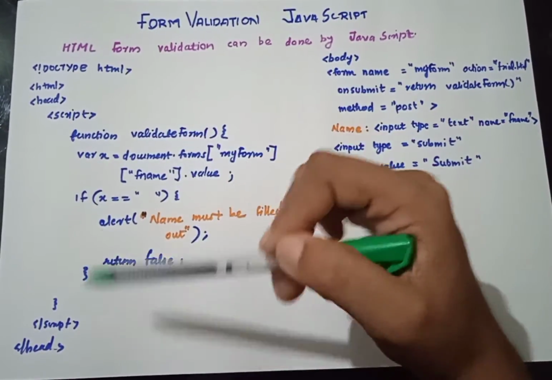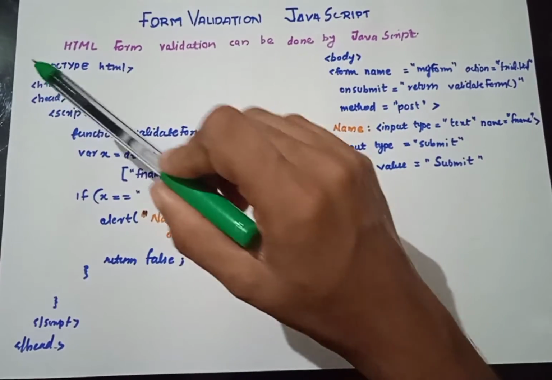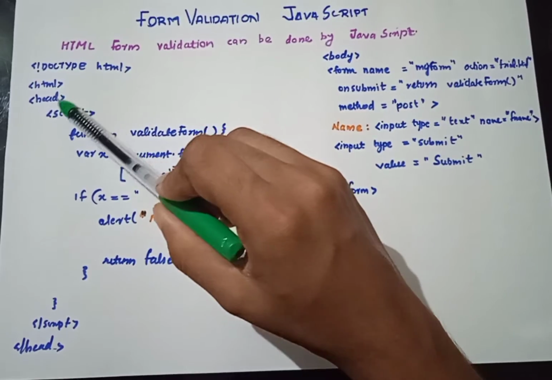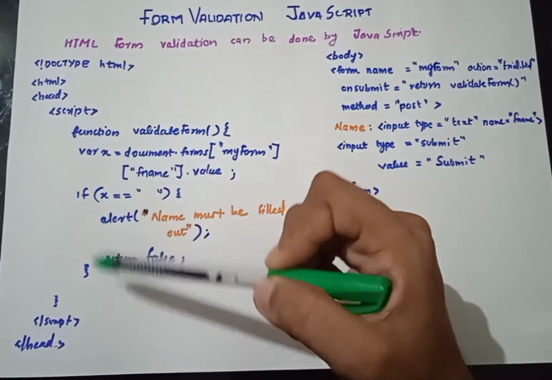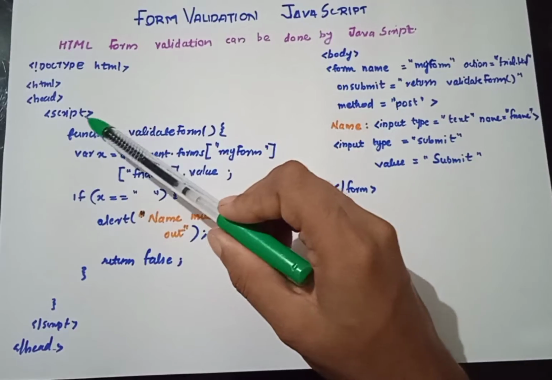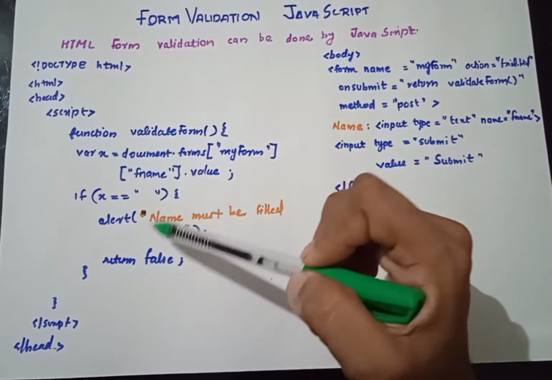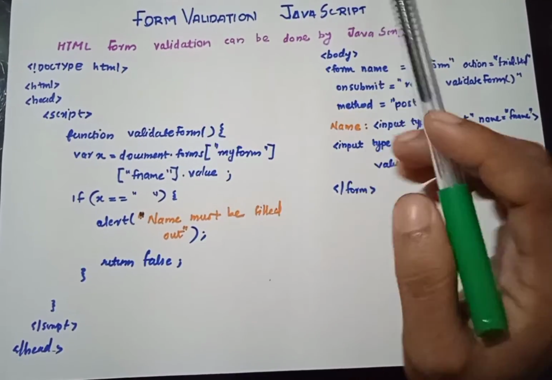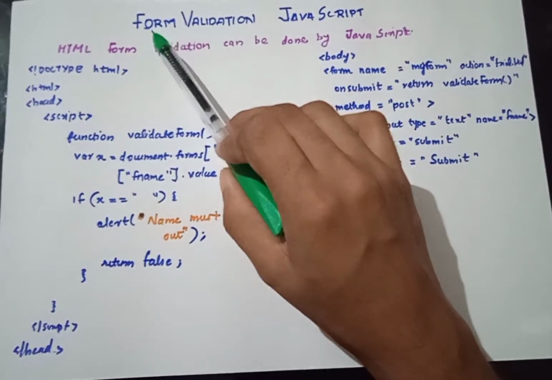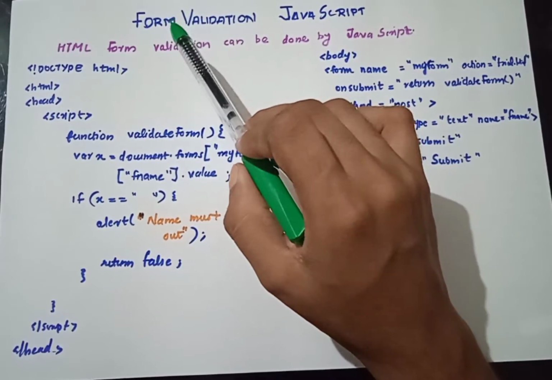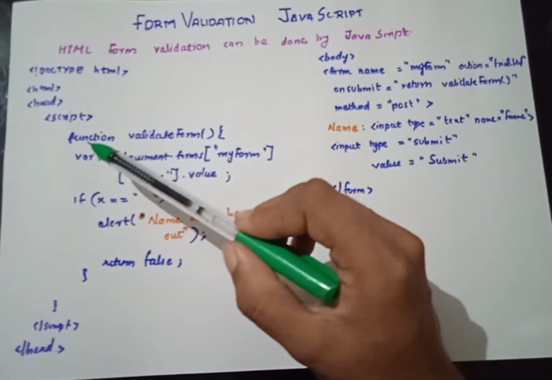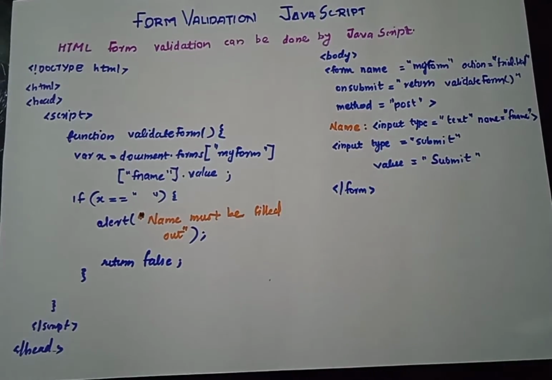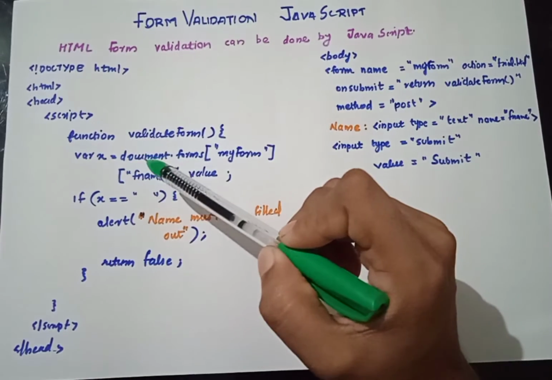Okay, so let's get into the code. The first thing is we define our document type HTML, root tag and head tag. Inside the head tag we are going to define our script. In the script we are going to define a function. The function is to do what? Since this is a form validation, we are going to validate the inputs inside the form. So we have given it a name like validateForm, and inside that we can see variable x